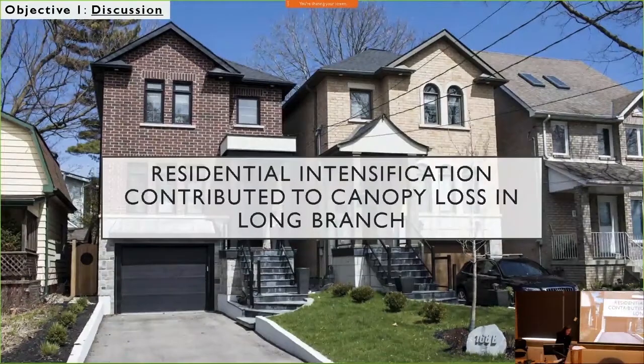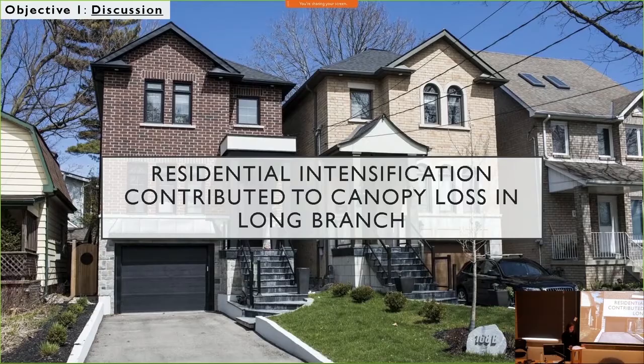So the results from this canopy loss analysis in Long Branch indicate that approved residential intensification has predictably contributed to a reduction in tree cover in the neighborhood, which has been found in prior research of a similar kind. Another consequence of lot redevelopment is the higher amount of hardscape and reduced available growing space as a result, which is problematic because it removes the potential for new trees to be planted to increase the urban forest and eliminates